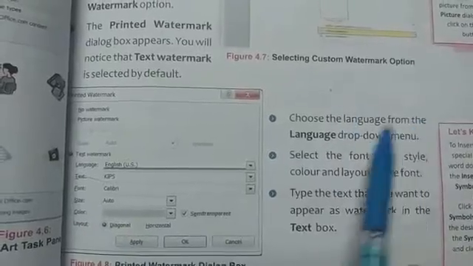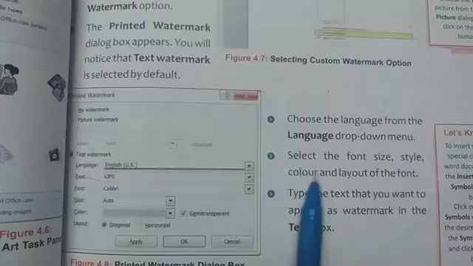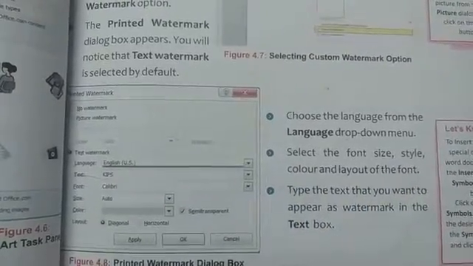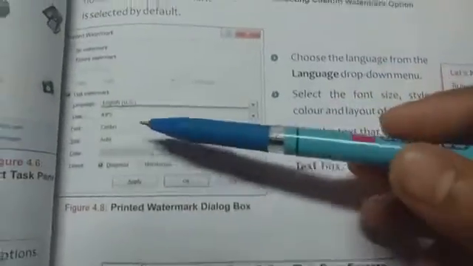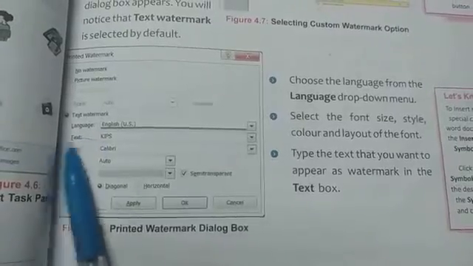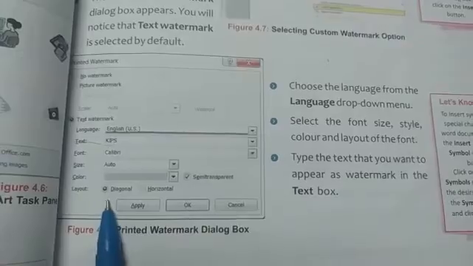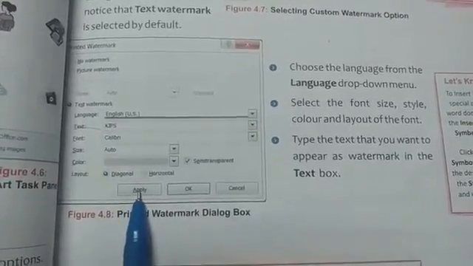So choose the language from the language drop-down. As I have told you, select the font size, style, color and layout of the font, and type the text that you want to appear as watermark in the text box. When you have completed the language, text, font, size and color, when you have chosen all these things, then you have to click on this Apply button.